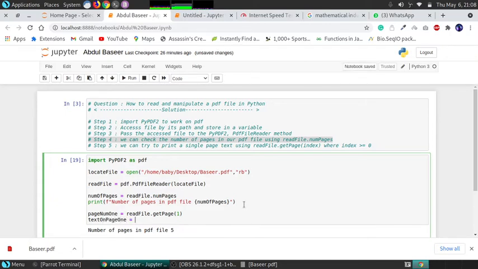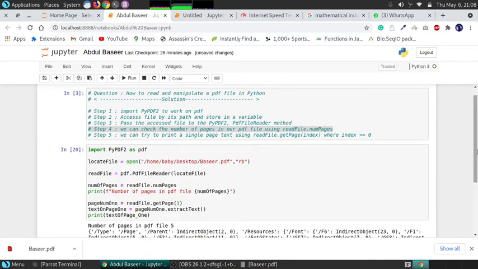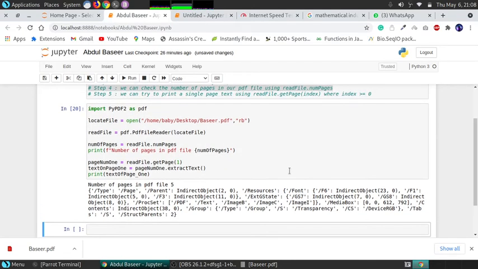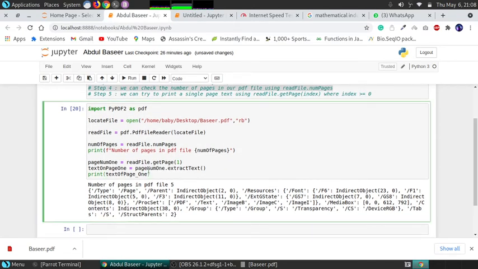First of all, we will print page number 1, which is equal to read file dot get page 1. Then text on page 1, which is equal to page number 1 dot extract text. Then print text page 1. Now here